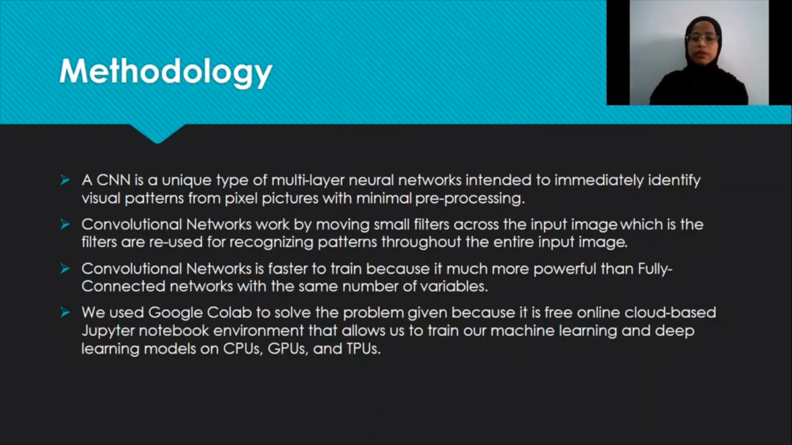The methodology for this assignment: a convolutional neural network is a unique type of multi-layer neural network intended to immediately identify visual patterns from pictures with minimal pre-processing. Convolutional networks work by moving small filters across the input image, and the filters are reused for recognizing patterns throughout the entire input image. Convolutional networks are faster to train because they are much more powerful than fully connected networks with the same number of